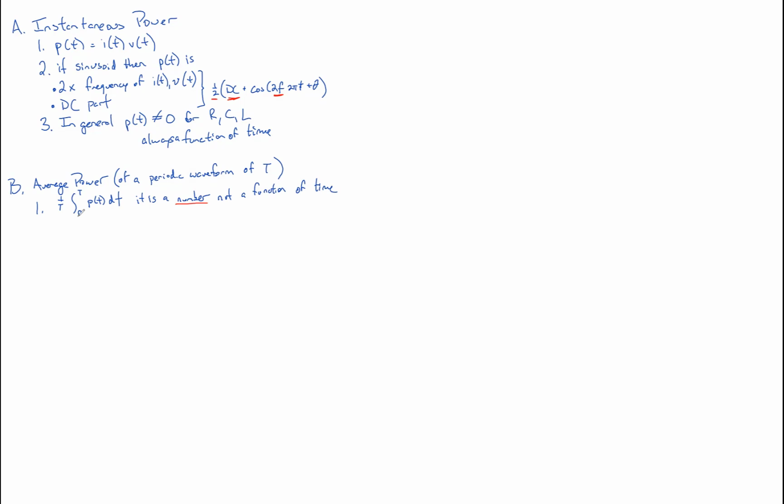And this equation right here works for any waveform. It does not have to be sinusoidal. But for sinusoids, which is the one we'll be working with the most, this average power is equal to 1/2 V maximum, that's supposed to be an M, I maximum, times cosine of the difference between the current and voltage phase,